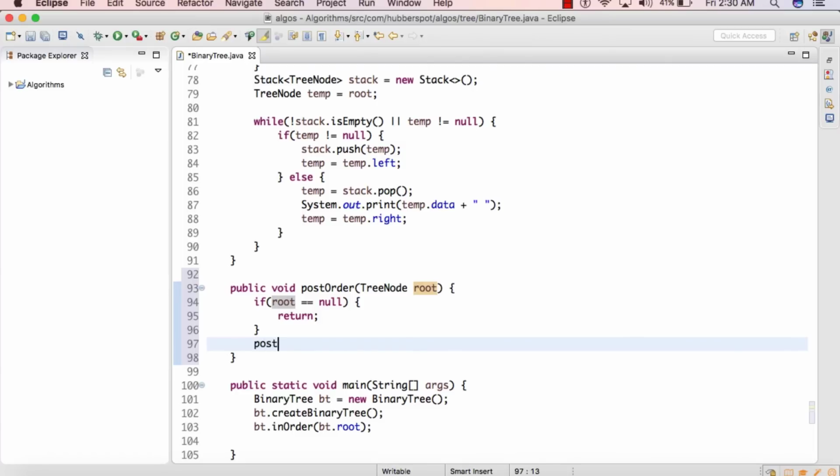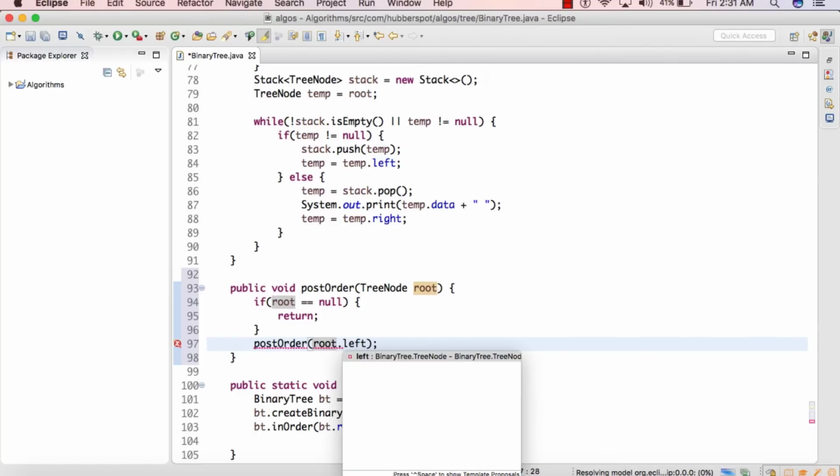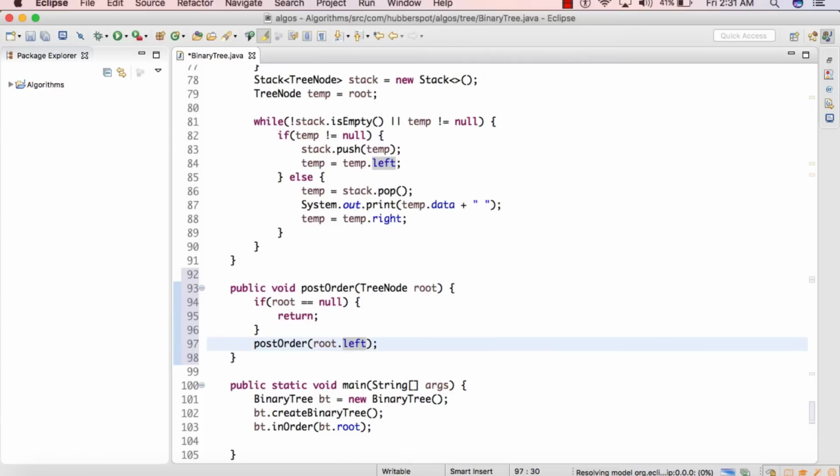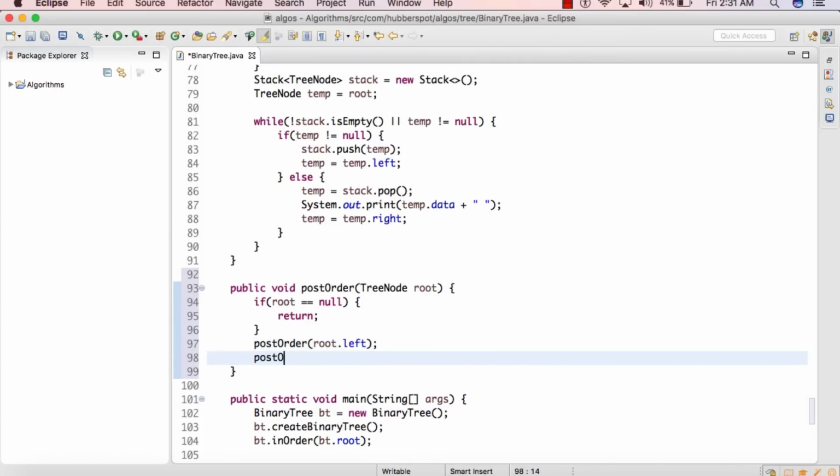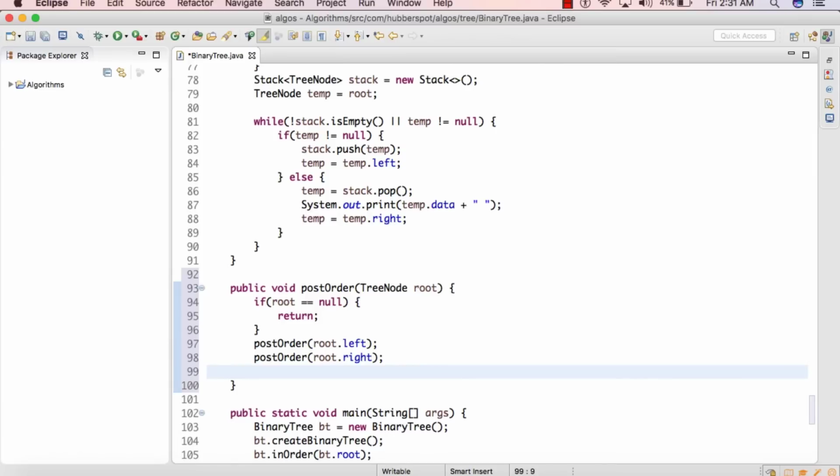So first we'll visit the left subtree by calling root.left, and then we'll visit its right subtree by calling root.right. And after visiting the left subtree and the right subtree, we'll actually visit the node. So we'll simply print root.data on the console.